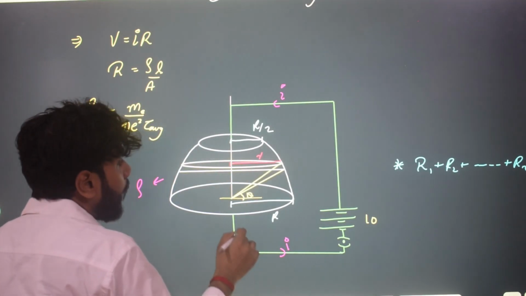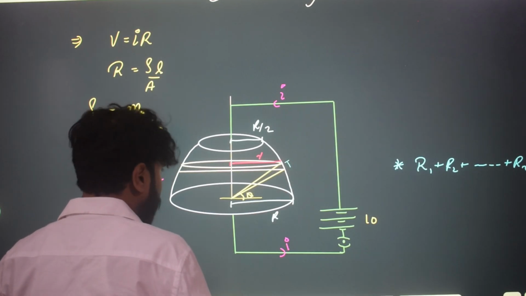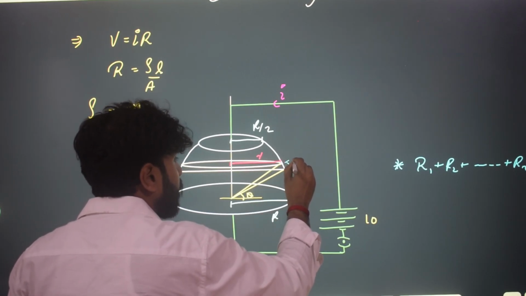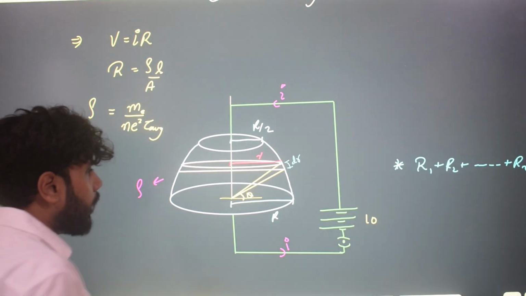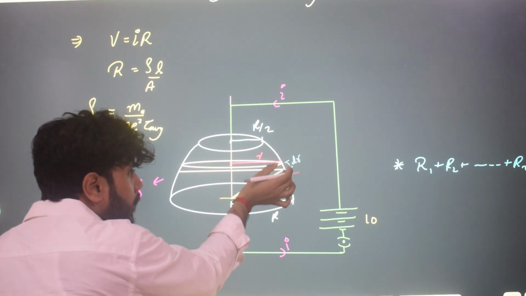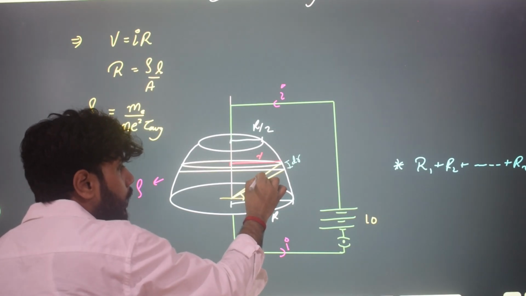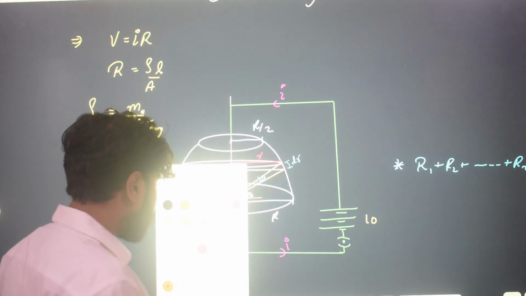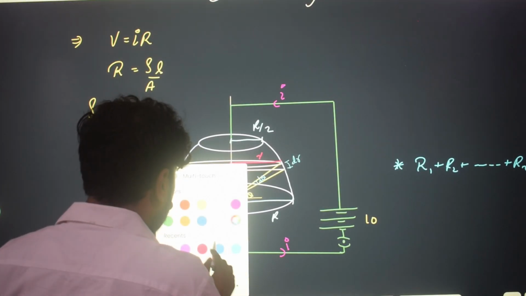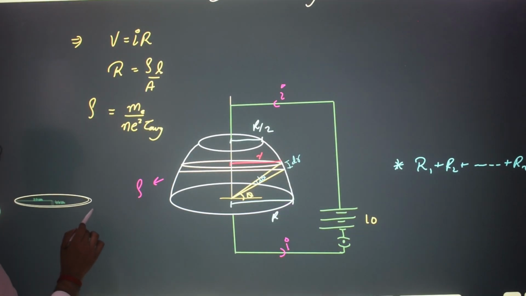Okay, and this width is our dr. Pay attention to this dr, and you can see this dr will also make some arc, and this theta is our d theta. This is a very important point to be remembered. Okay, now if we draw the disk separately in a different picture,